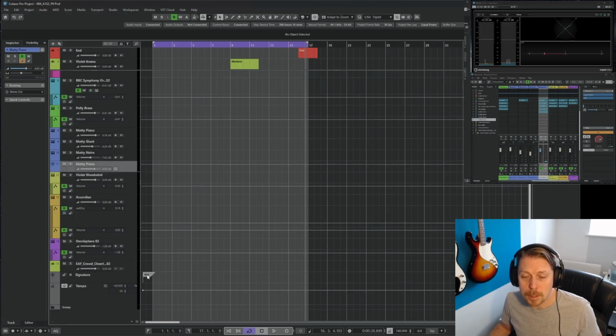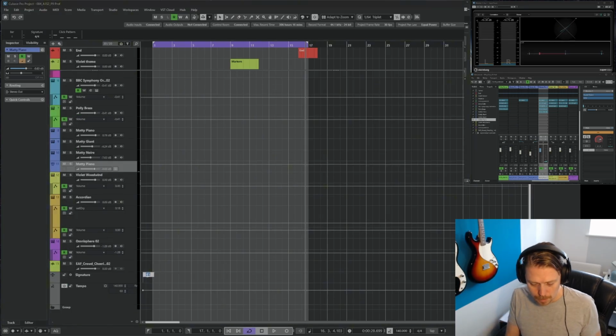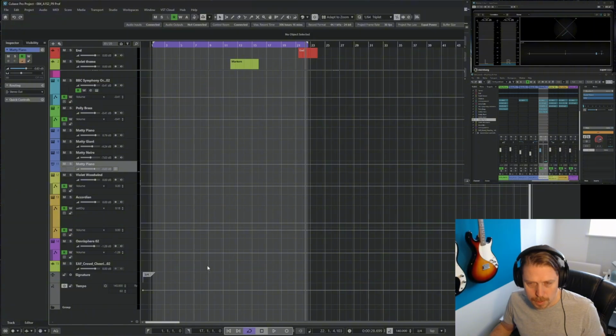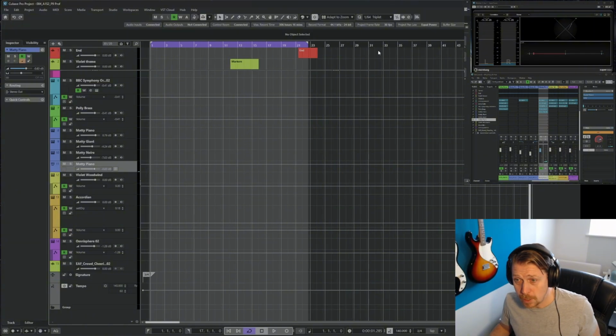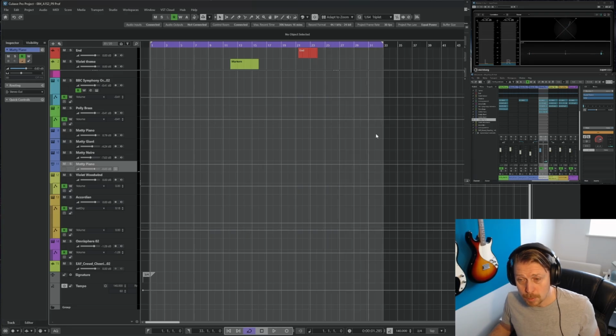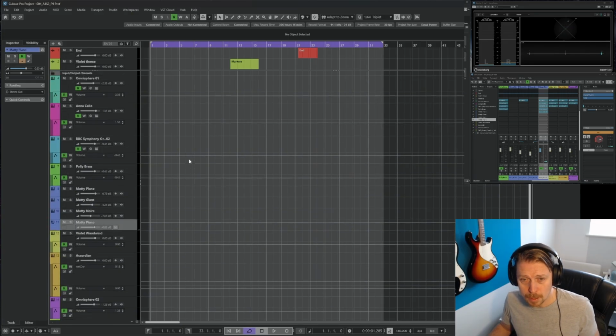Okay, so I know I want to go back to 3/4 for this one, so I'm going to change that. And now I have the process of reading through and putting in my markers, which I won't bore you with, but I'll be back once I've done that.